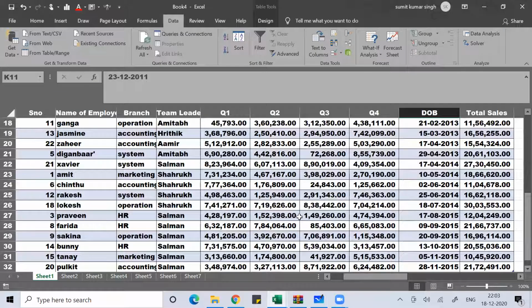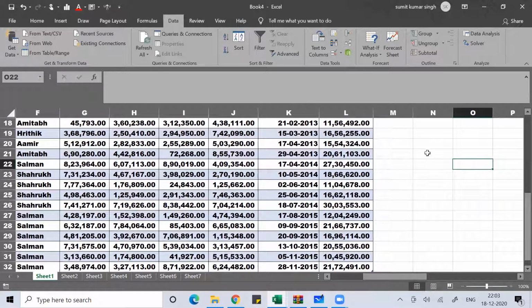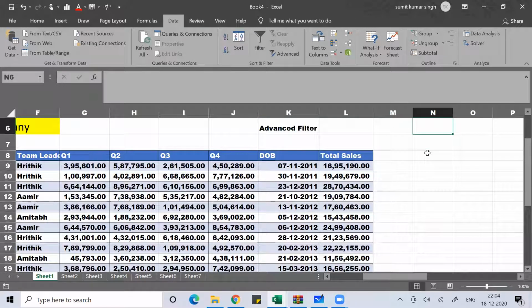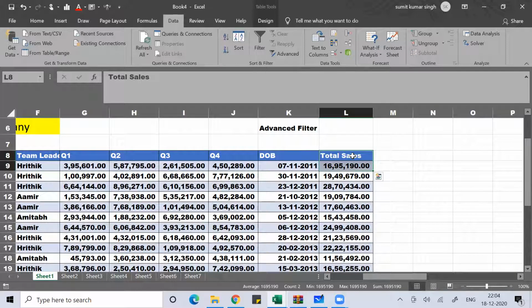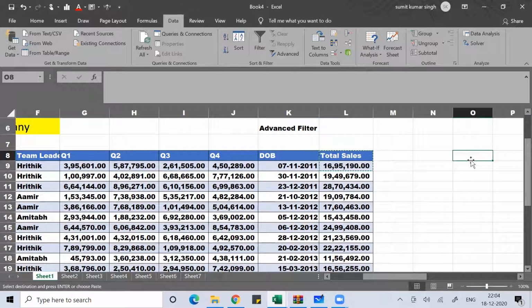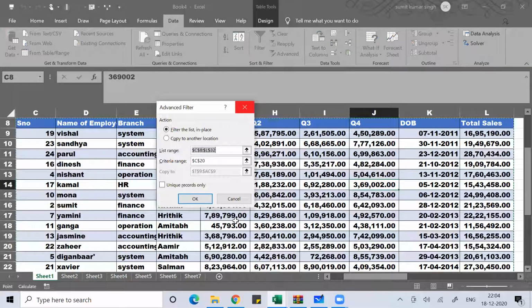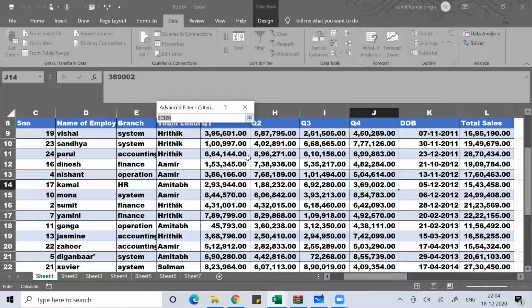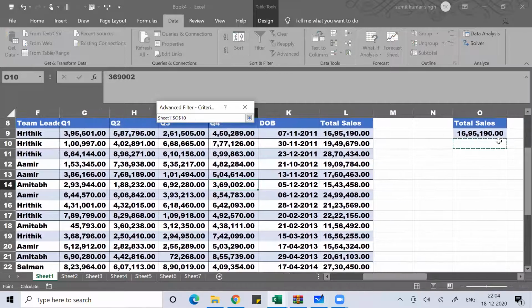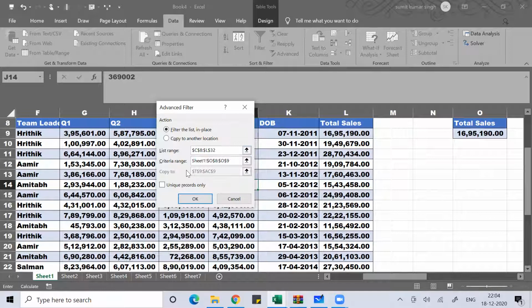Then what you can do beyond it, suppose total sales. If I see total sales, Alt A Q, criteria, total sale, this much, just one data I want, copy to where, copy to